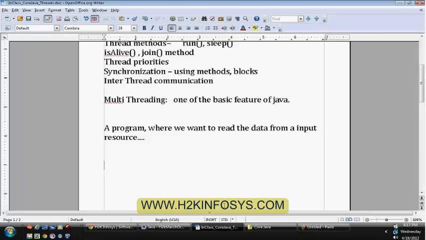We want to read from our Java code from an input resource, or some kind of information from an external system, and we don't know when the input stream will be available for us to read the content. So what we are supposed to do is start executing our program.